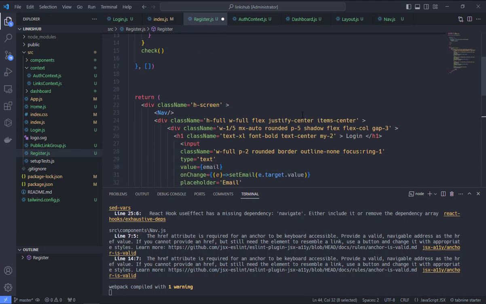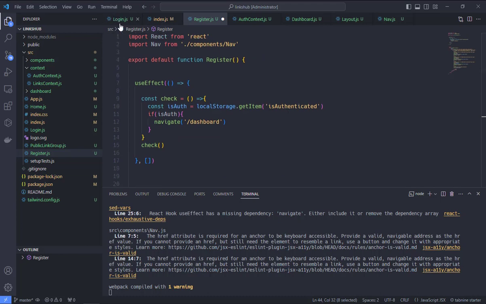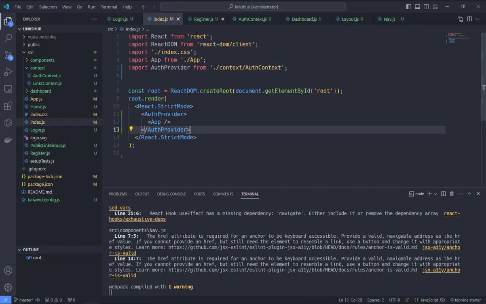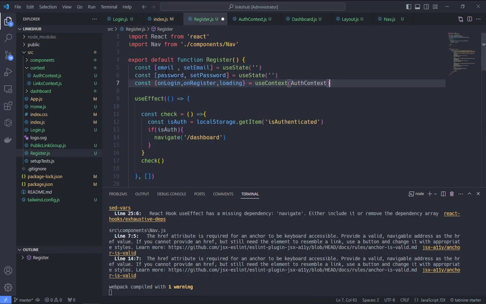Okay, so this would be copy everything, put it in there, and need to import